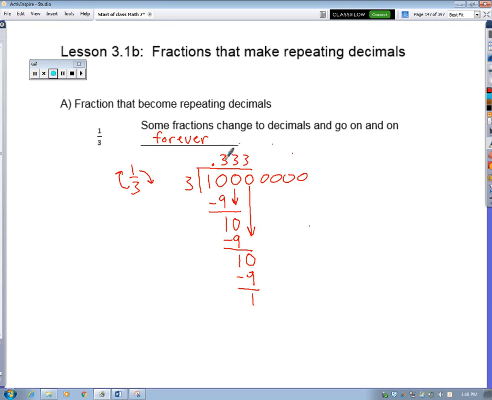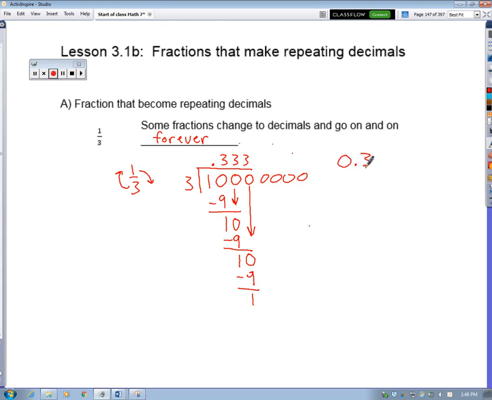So, we have a way to work around this. This is called a repeating decimal. Once we find the pattern that it's always going to be 3's, you don't have to keep dividing anymore. Don't do it. It'll make yourself go crazy. Then they'll have to send you to a special place. Alright? So, we are going to stop dividing here, and our answer is going to be